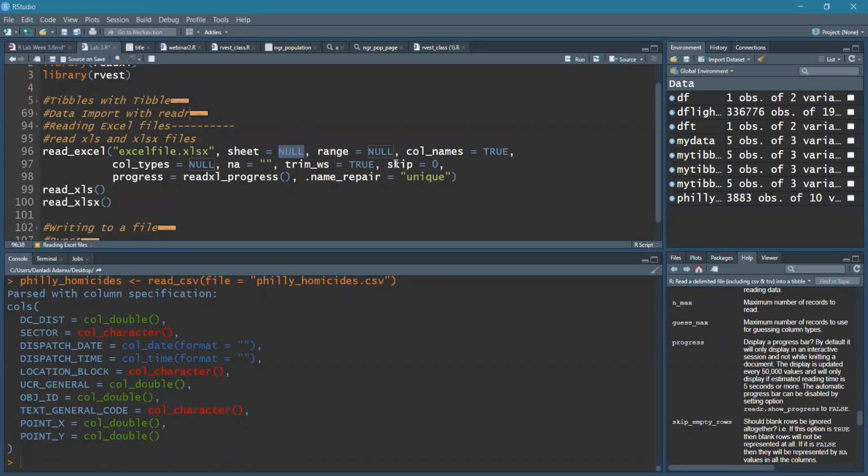And then skip. Now the skip argument is important. It tells the function whether or not to skip the first few lines. Now in some Excel files, the first few lines may be blank. They may represent just some extra information about the file. So the skip argument, you use it to tell the function how many lines to skip before it starts to read. So now if I run this code,